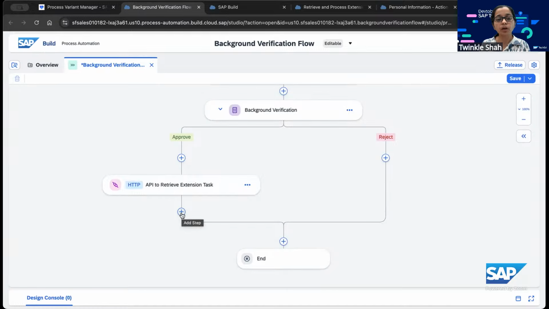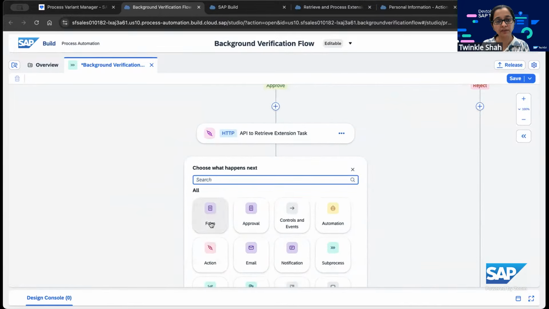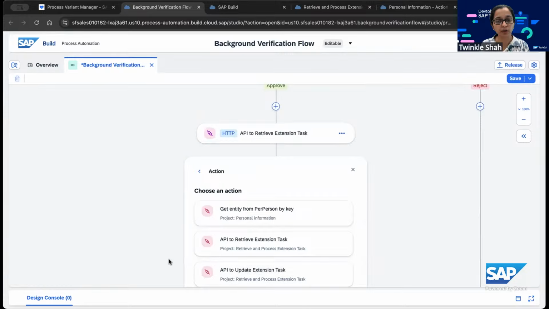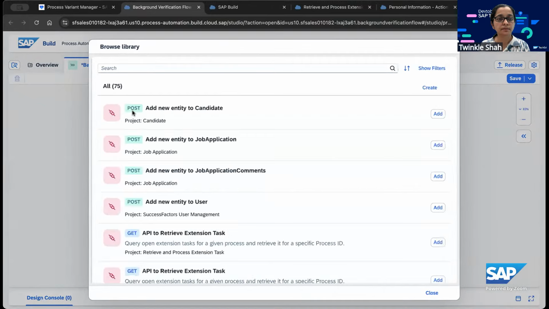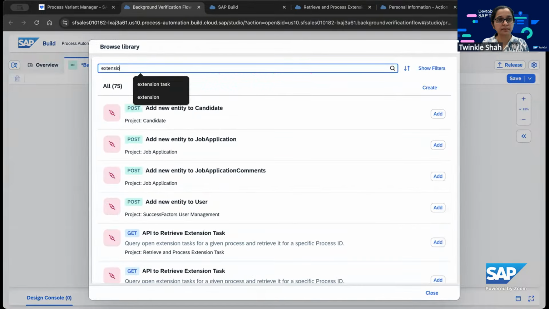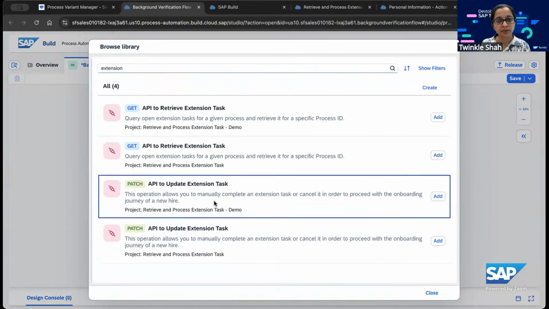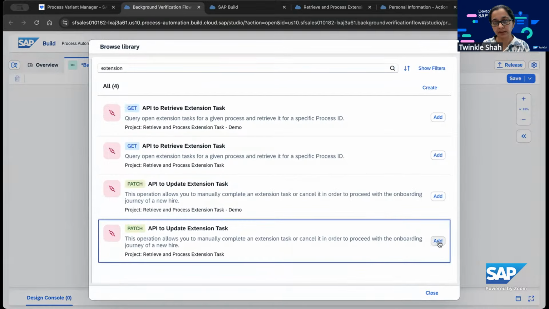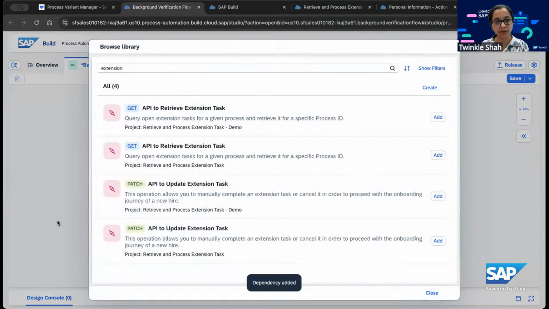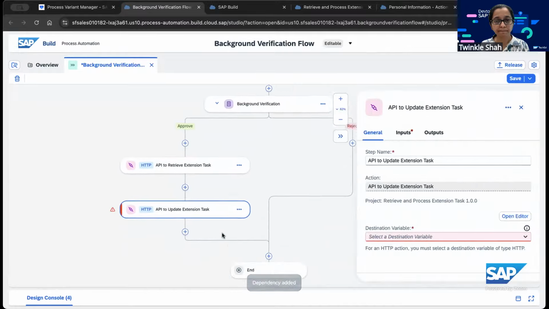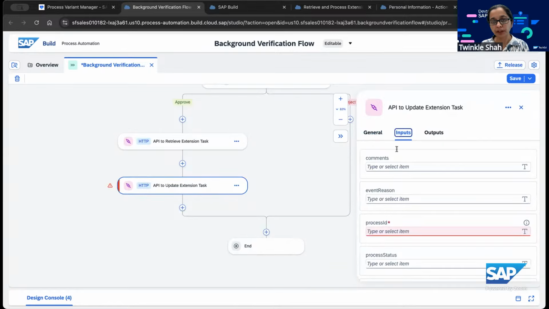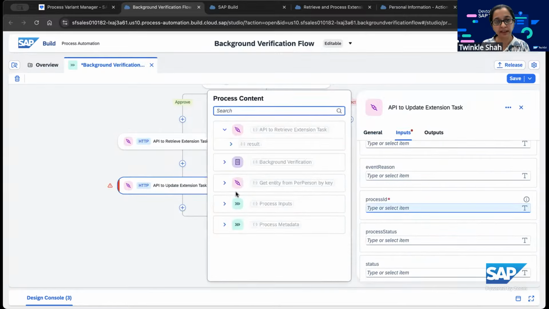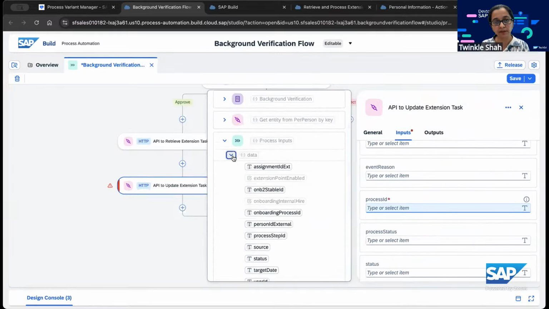Now we want to update that task back to SuccessFactors. For that, we make again the API call. This time it will be the update API, the API to update extension task. We add that API here. Destination variable we reuse, this is again onboarding API. And then process ID, similarly we get it from the